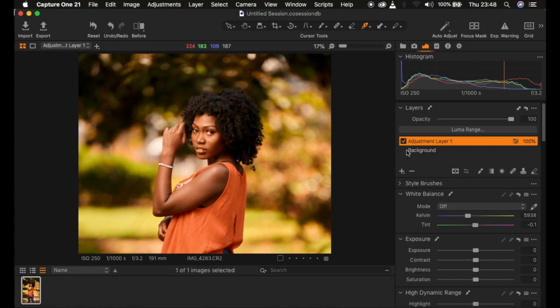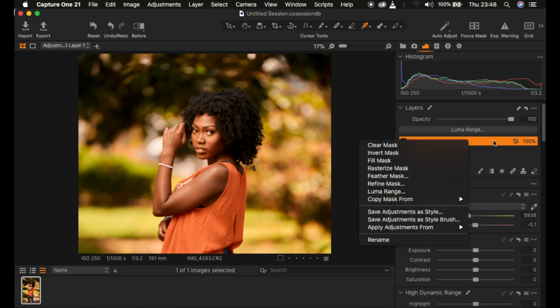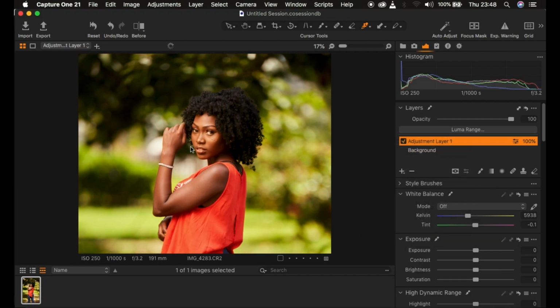So in that case, what we want to do, you're just going to simply right click on this layer that we created and clear the mask. After clearing the mask, you're going to notice that the color grading is going to disappear completely from the overall image. And in order to paint back the colors within the skin area, you can